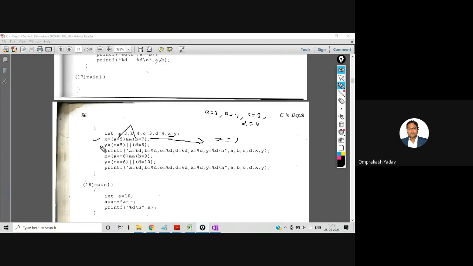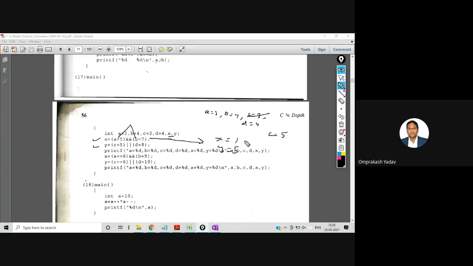Now the next statement is what? This one, let's check. y is equal to, c is equal to 5 or d is equal to 8. This is a very, very important statement. All of you please pay attention. In this particular statement, what will happen? Both values are true, right? Both values are true, but this is an OR operation. So remember over here what will happen? y will get assigned 5, and at the same time, c value will get changed to 5. Okay, so now c got changed to 5.